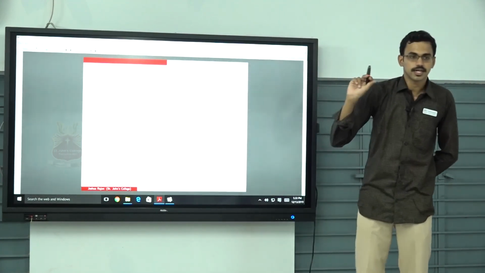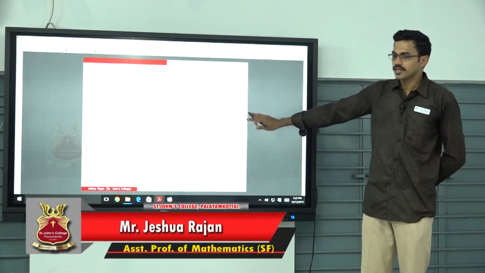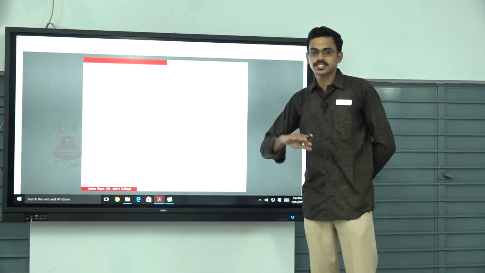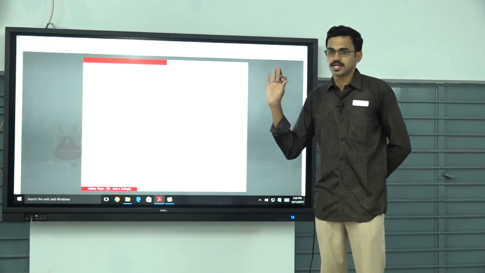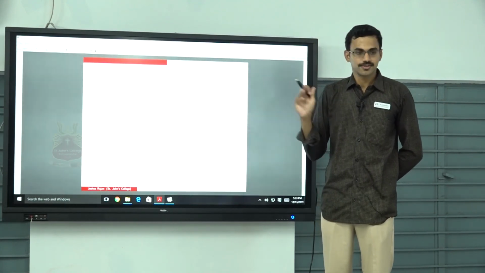Okay, any doubts? Okay, this is as usual what we derived in the horizontal case, and we extended our idea to the inclined plane. Okay, does anybody have doubts? Okay, okay, thank you.